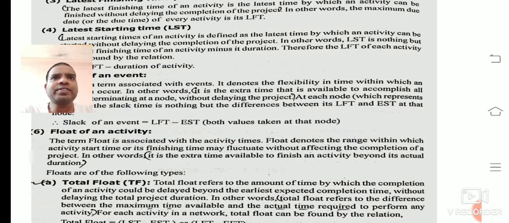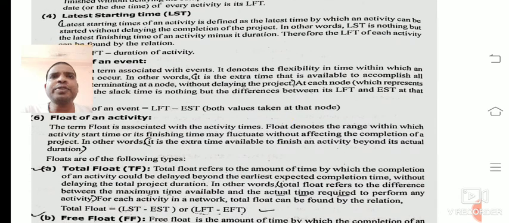Now comes the fourth factor, the latest starting time, denoted by LST. The latest starting time of an activity is defined as the latest time by which the activity can be started without delaying the completion of the project.